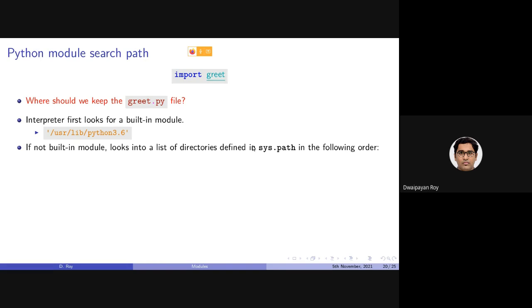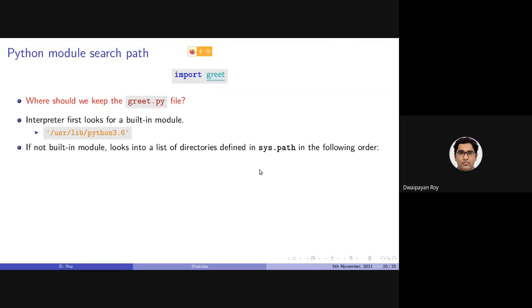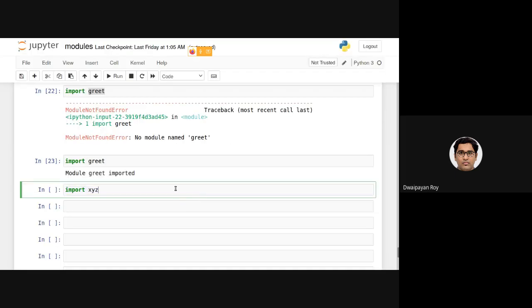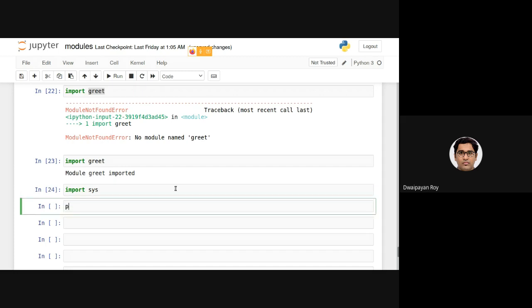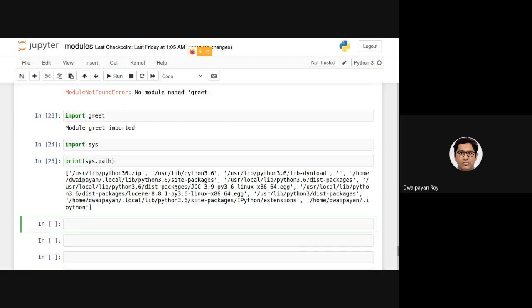So let's look at how this path actually looks. As I have said, sys is already a Python defined module. So if I import that and print sys.path, we will get the paths in which your Python interpreter will look for the module.